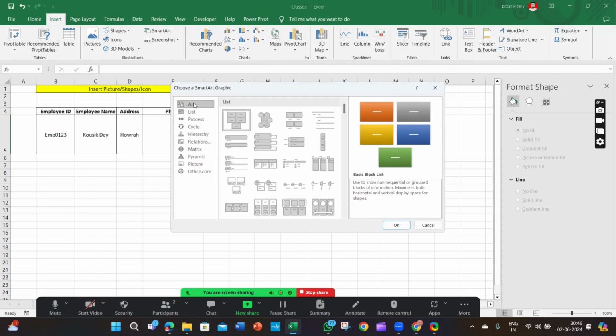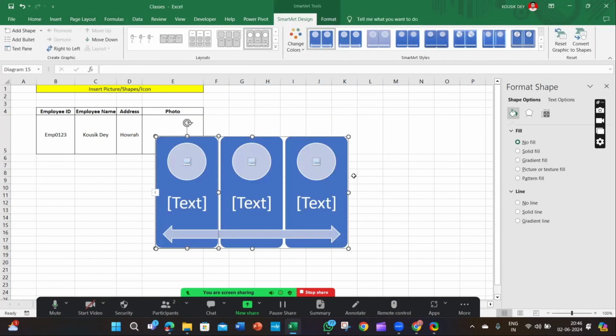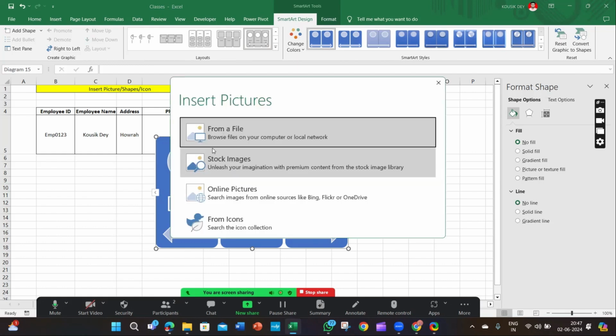From SmartArt, all options are available. From here, we are taking one, for example, this one. We are inserting this. By inserting SmartArt, what are we getting? We're getting a lot of things available here. On this particular template, we are getting two functions. One is to insert a picture. Directly, if you click on this icon, then you can select a picture either from your files or online. Another option available is icons.